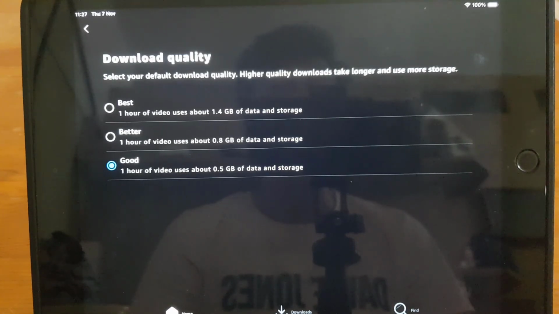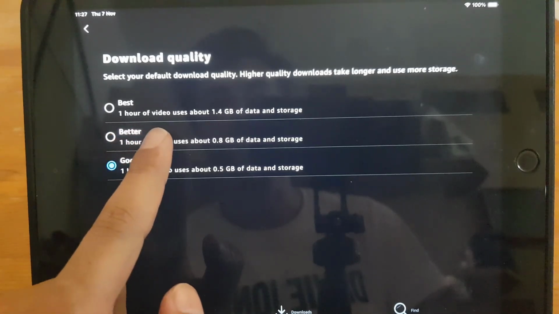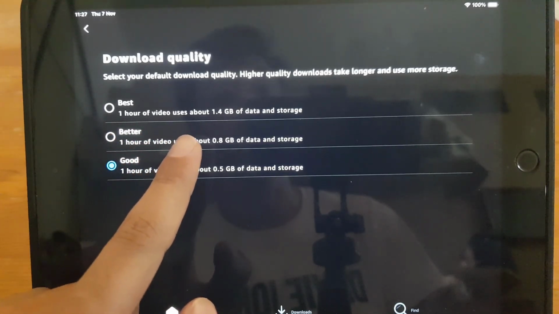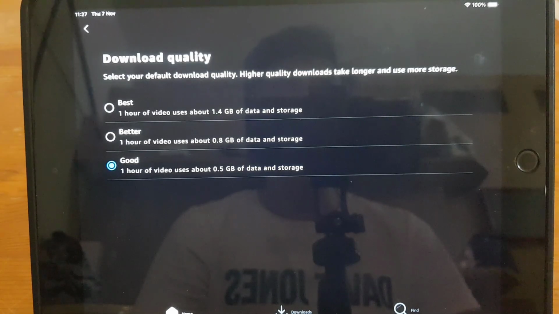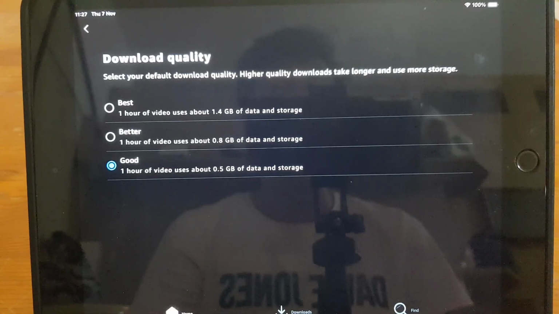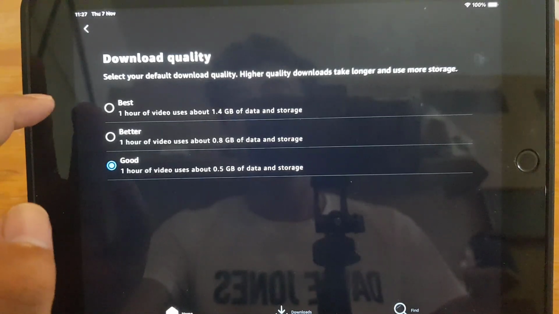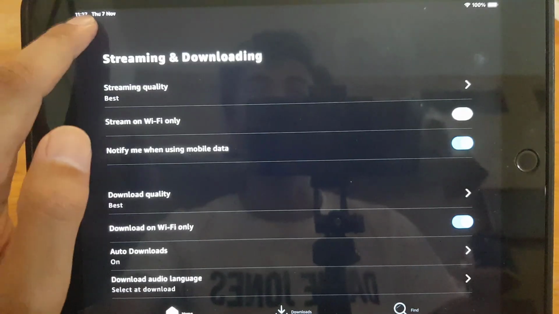Higher quality download takes longer and uses more storage. So keep that thing in your mind. If you choose the best quality, 1 hour of video uses about 1.4 GB of data and storage. So if you choose the higher quality, it will consume more internet and it will take space on your storage device as well. So if you want to have high quality, just choose the best one and then go back